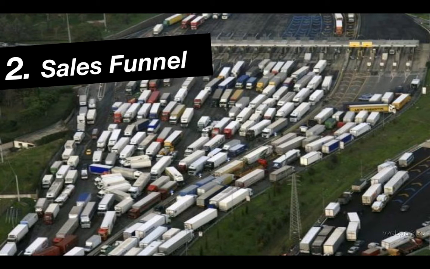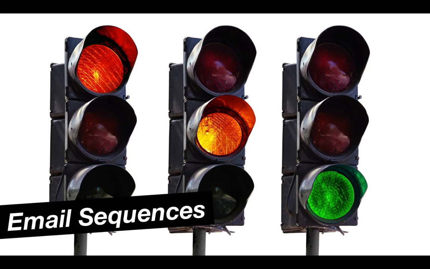The second component of it is creating a sales funnel. If you look at this diagram, you've got a whole lot of trucks coming in, and it all goes into a couple of lines at the end there. The whole part of a sales funnel is really about moving your cold prospect down, or I should say up the funnel or up the ladder, taking them to the next stage, which the final stage is then becoming a customer. And if you do this right, you can really build it through things like email sequences, and I'm about to share with you how to go about doing that.